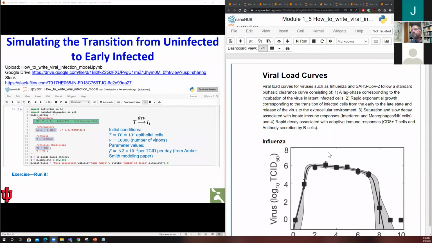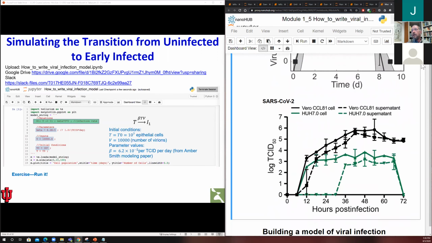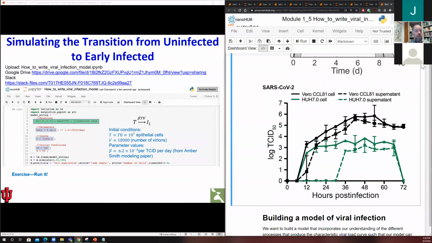Okay. And so now we can go into this nanoHUB window. We've got that viral load curve. Here are comparable data for SARS. These are now not in vivo data, but in vitro data. So this is in cell culture. There are no immune cells, a single type of cell, happen not to be lung cells, but you can see something